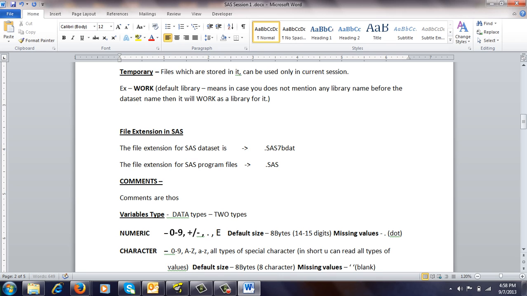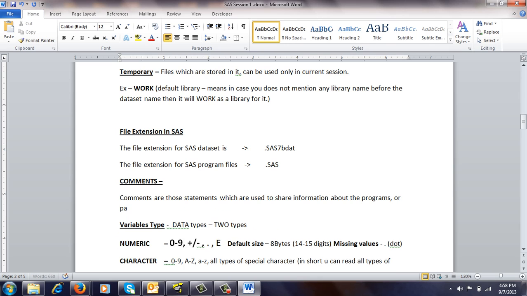Comments are those statements which are used to share information about the programs, or part of programs, which you do not want to execute.